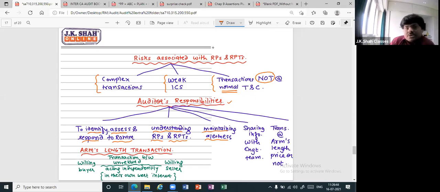This especially happens when you are checking something and suddenly something is not as per normal business practices. For a simple example, the normal selling price is say 100 rupees. I come across a sales transaction which happened at 30 rupees. Now think and answer. Suddenly 100 and now 30. A discount of 70. Use common sense. Does it seem to be normal? No. So you have to maintain alertness.